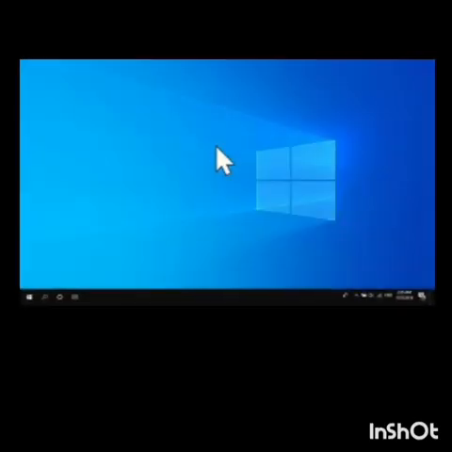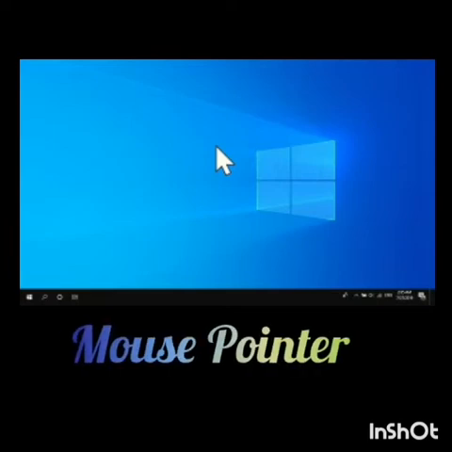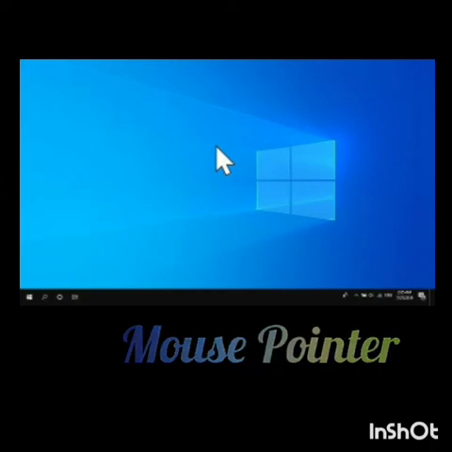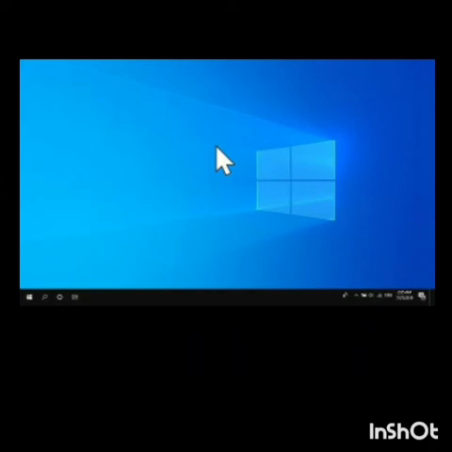A mouse is used to move around on the screen. As we move the mouse, an arrow, which is called the mouse pointer, appears on the screen. A mouse helps us to move the cursor on the screen and point to or select any object.